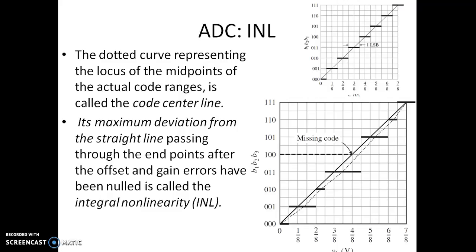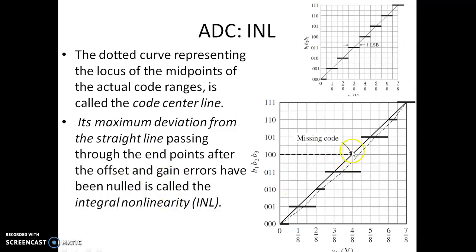Now let us try to find out its maximum deviation from the straight line passing through the endpoints after the offset. I can see here we don't have any offset error and we don't have any gain error. So after nulling the offset error and the gain error, we are plotting this code center line. You can see there is a maximum deviation happening. Its maximum deviation from the straight line passing through the ends after the offset and the gain errors have been nullified is called as